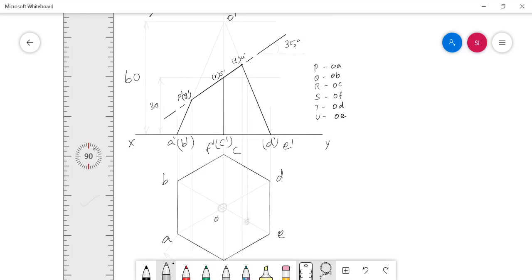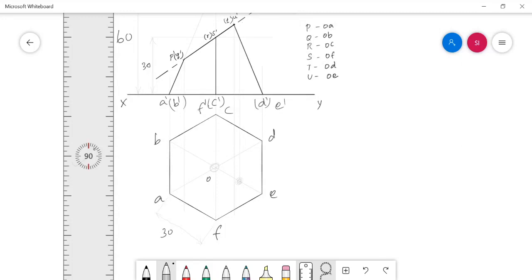Draw arcs to cut OC and OF to mark the cut points OR and OS respectively. This is nothing but the cut point R, and this is S.